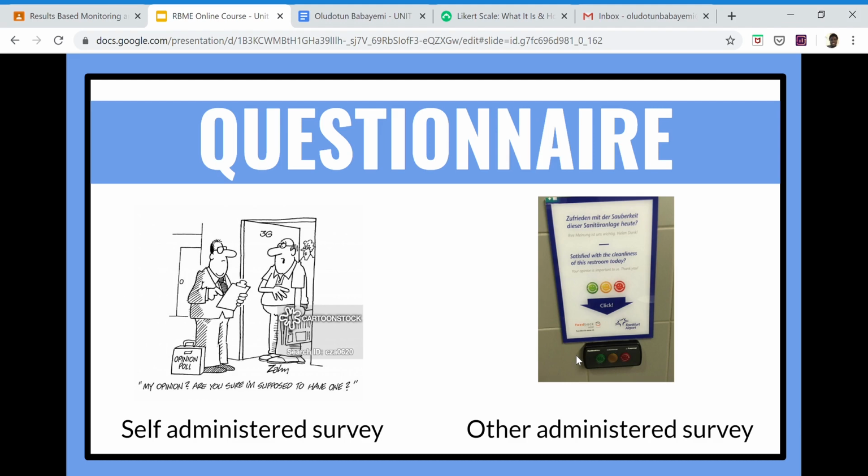So, the different types of questionnaire, or survey, whichever one. Like I said, I'll be using it interchangeably. Perhaps if questionnaire is too long, then I'll switch to survey. Just something for us to know. A survey could be self-administered, which means the evaluator himself or herself goes to the respondents, gives it out, and asks them questions about a program